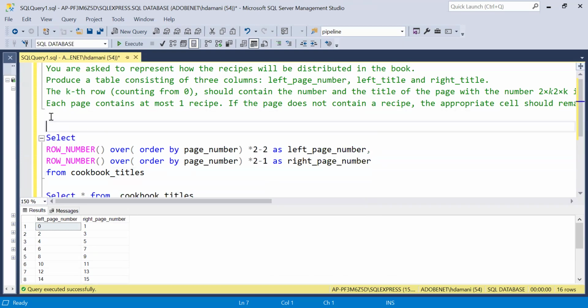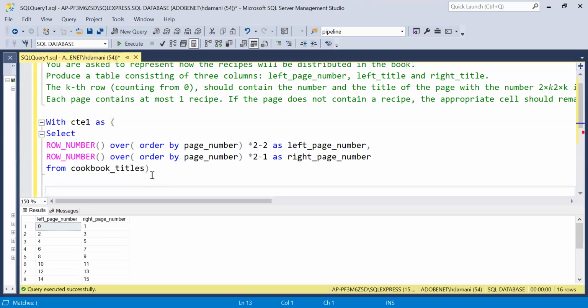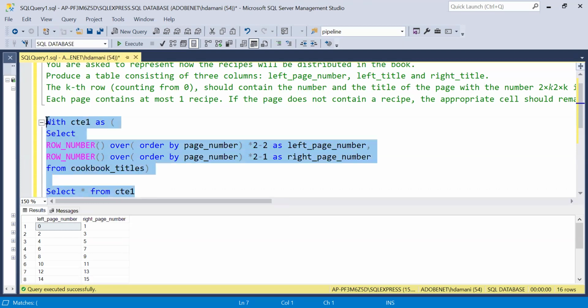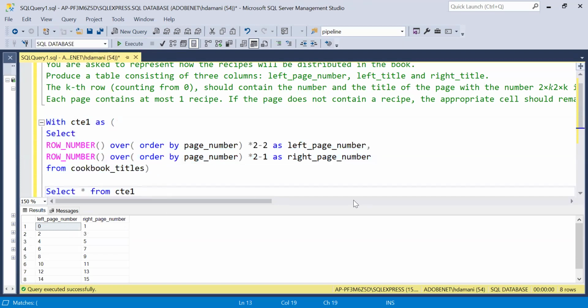So I am creating this as a CTE. So with CTE1 as, I will keep everything as a CTE, right? And select star from CTE1, right? Yeah. So this has become my CTE where I have left page numbers and right page numbers created,